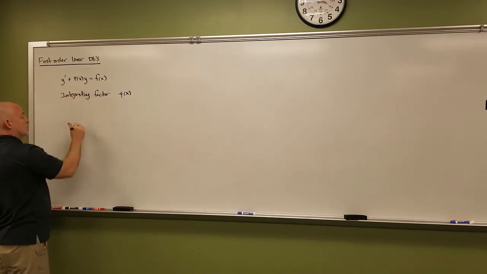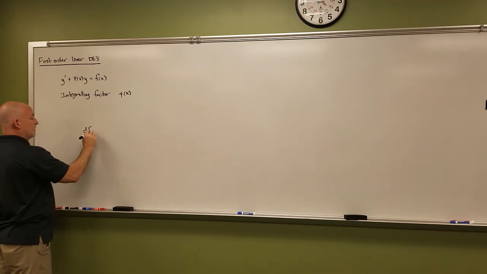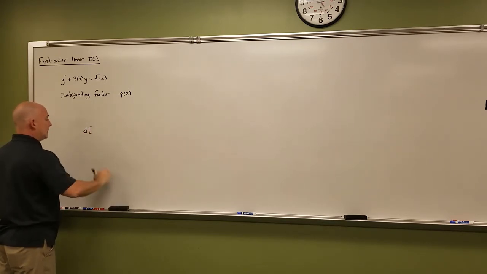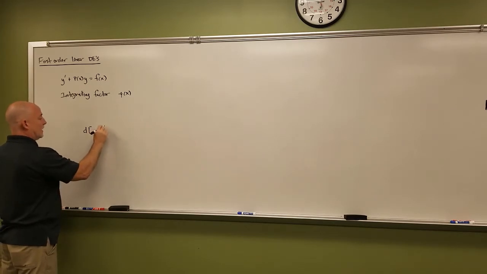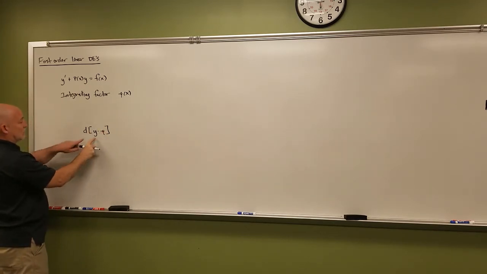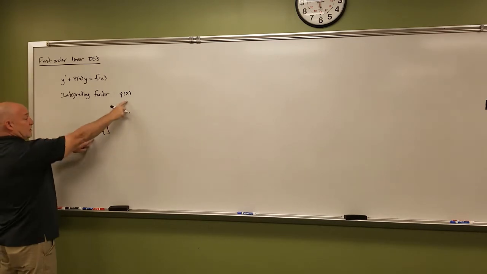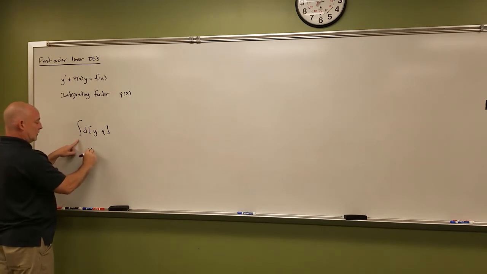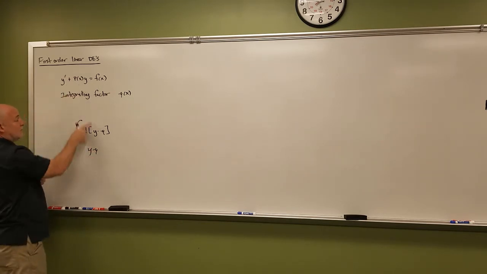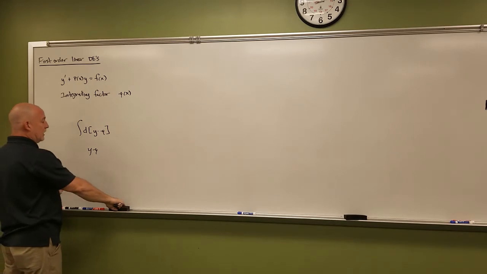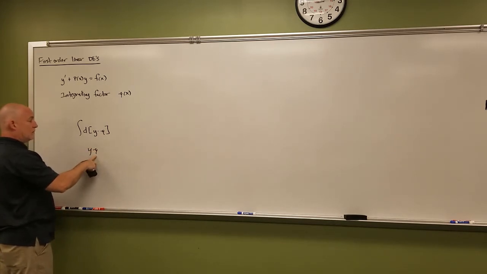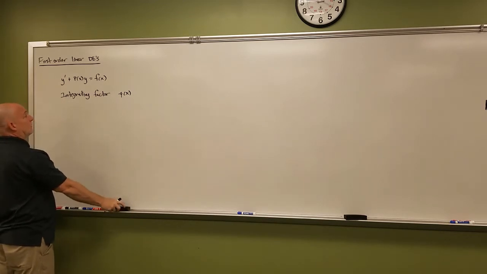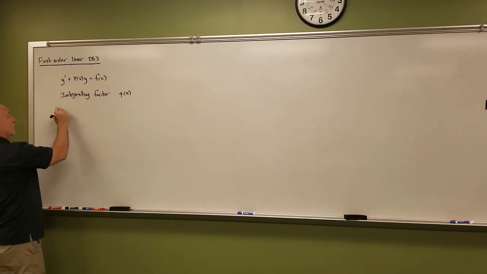And I want to turn this side here into the derivative of mu times y, or I'm sorry, y times whatever that mu is. I want the left-hand side to turn into the derivative of y times whatever this function is. If that's true, then if you integrate the derivative, it goes away. So it makes the left-hand side very, very easy to deal with. The trick is, how do we figure out what this function has to be to turn this side into a derivative of something else? Well, to do that, we're going to multiply through by that,